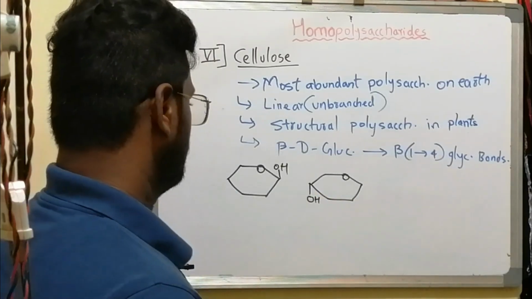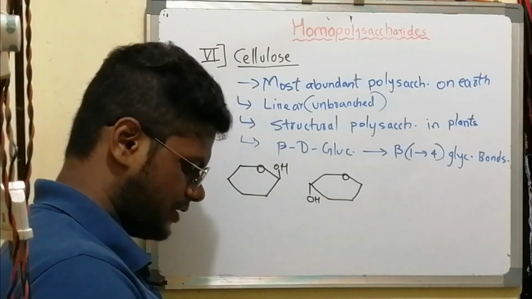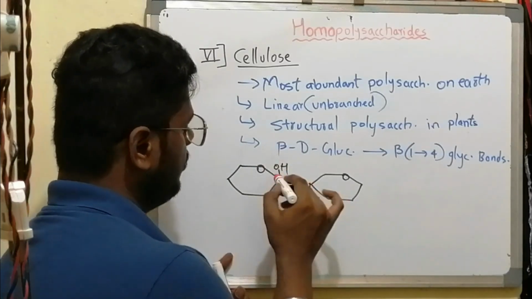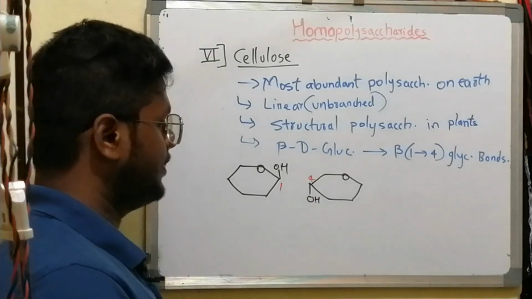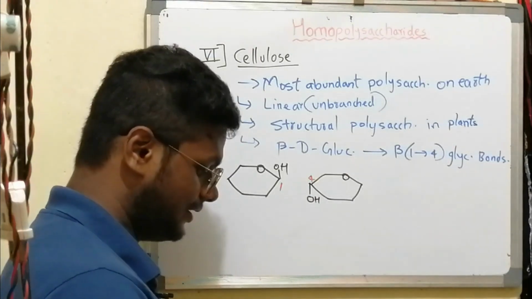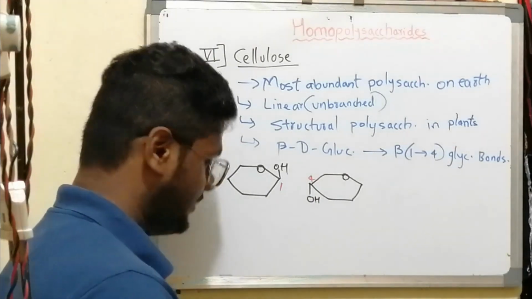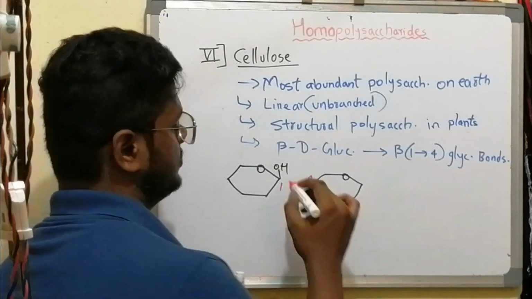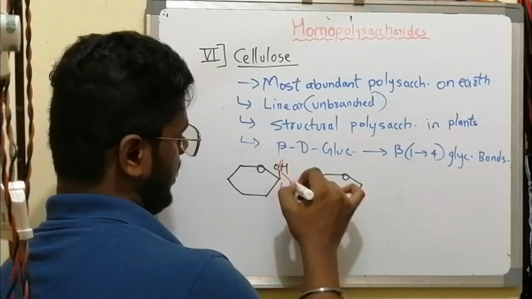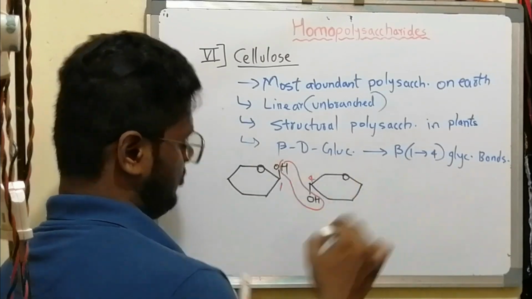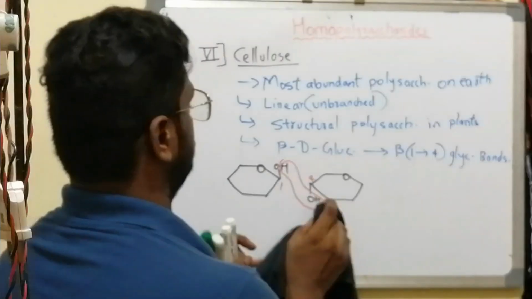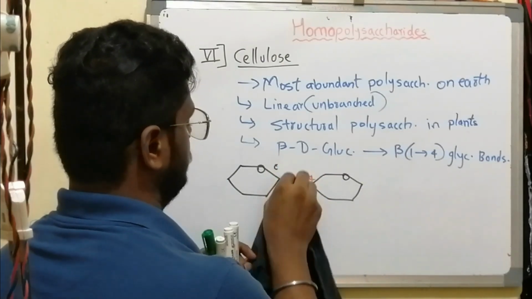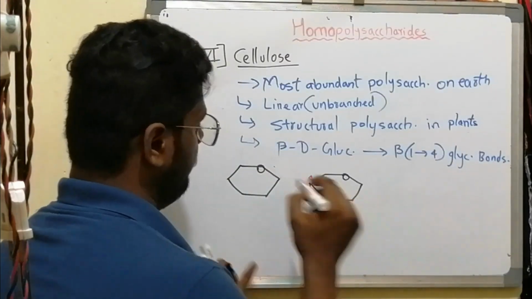But the stereochemistry of C1 and C4 is not different, due to which what will be formed? A beta bond, right? So this H and OH will get out and we will be having a beta bond,